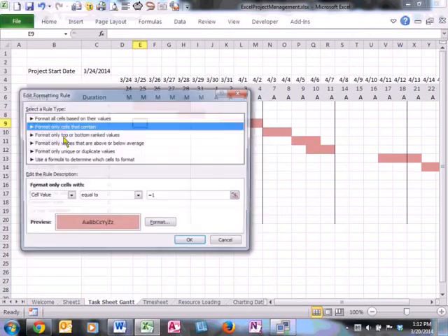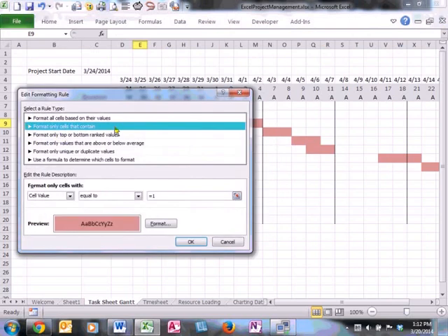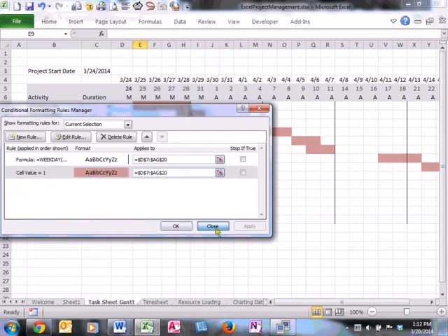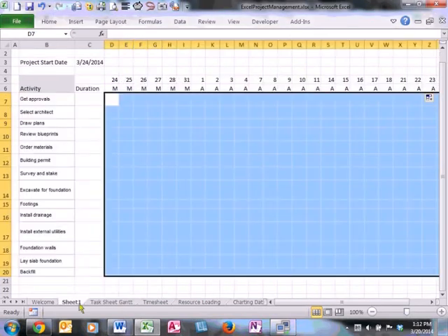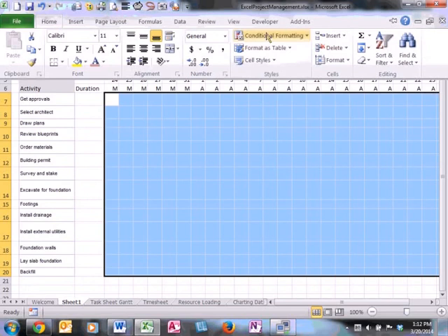Is this particular rule. And this rule was format cells that only contain, and I wanted to show cell values that are equal to 1, and then I formatted it to this light pink color. It could certainly be blue, brown, etc. So that's what I'm going to replicate on my sheet. Conditional formatting,